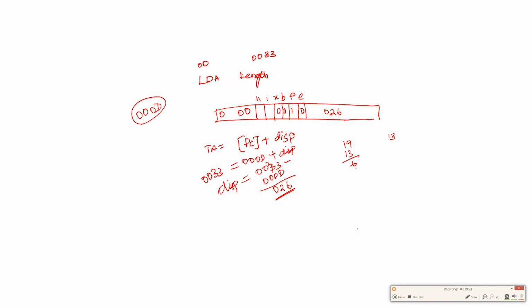There is no x, there is no i, and there is no n, so it is 1 1. Now if I write this, it becomes 0, and this is 2 plus 1, 3, 0 3, this is 2 0 2 6. So this instruction is converted into 0 3 2 0 2 6.